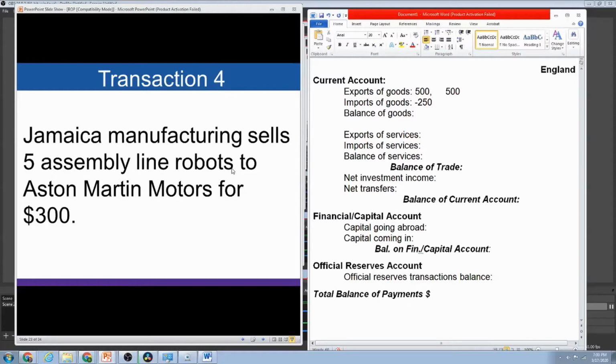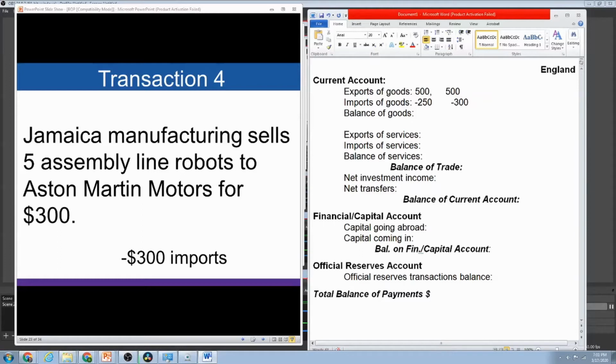Okay. Transaction 4, Jamaica Manufacturing sells 5 assembly line robots to Aston Martin Motors for $300. All right, so the robots are coming from Jamaica and they're going into England, right? Which means we have $300 in imports. Okay, so I'll put a negative